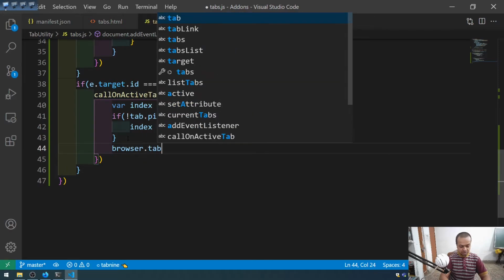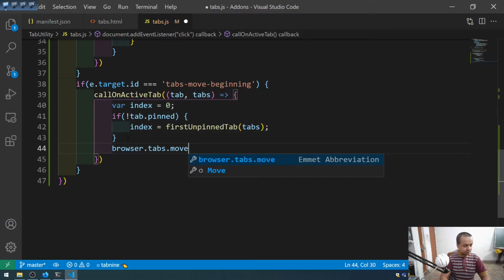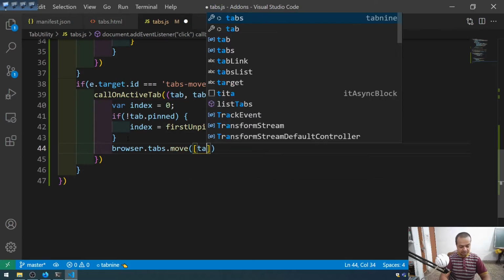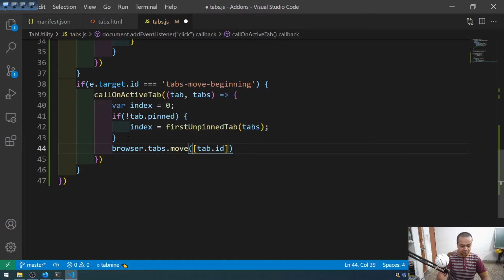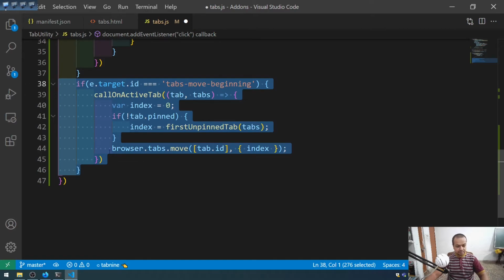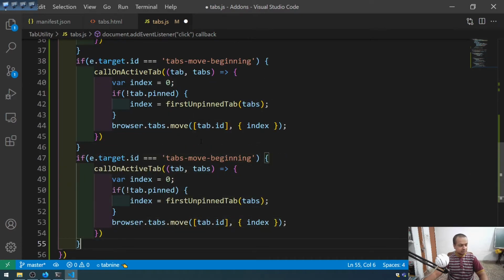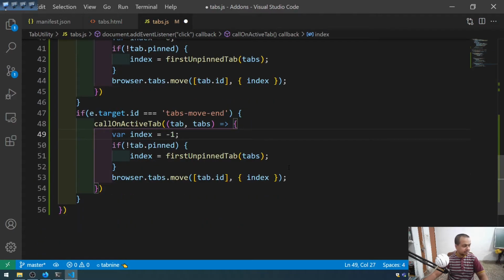Okay, so browser.tabs.move, tab.id comma index is there. Similarly we will have the same for the tabs move to the end, so it's better to copy it. If e.target.id is move to the end, then tabs tab, and var index will be -1 for the end one. Not of tabs.pinned, so instead it will be tabs.pinned,